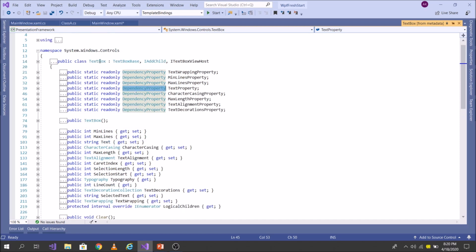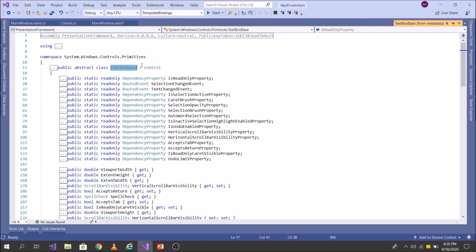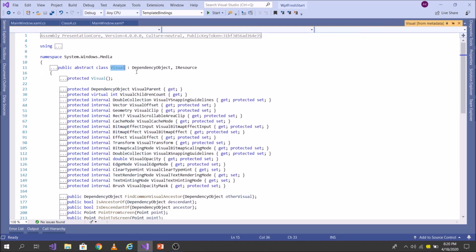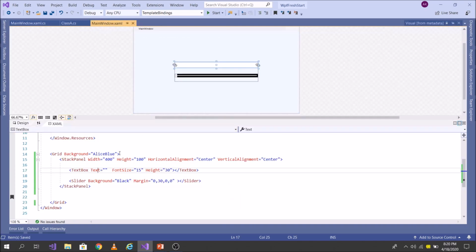And also this TextBox class, if you keep on navigating to the parent, then you can see that this is inheriting from DependencyObject class also. As I said, it is mandatory that your class must inherit from DependencyObject. Okay, now let's come back to the slide